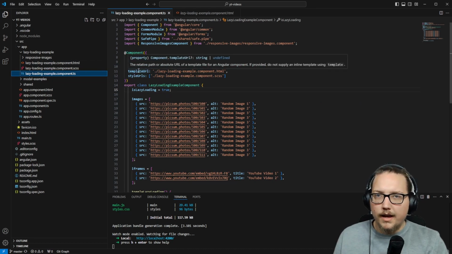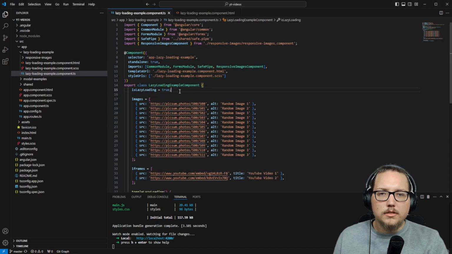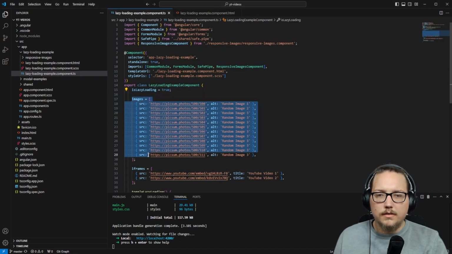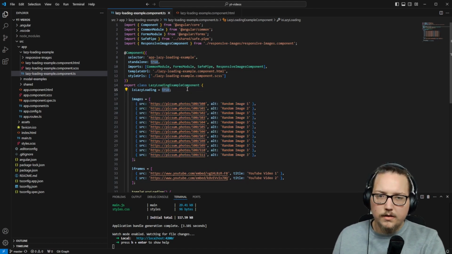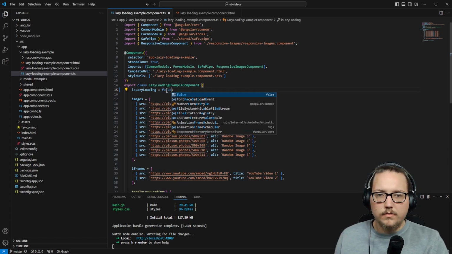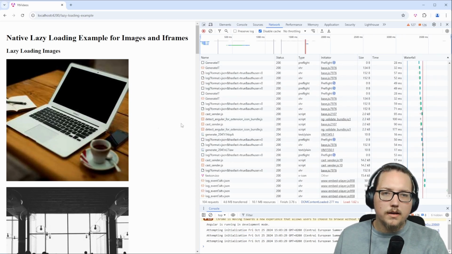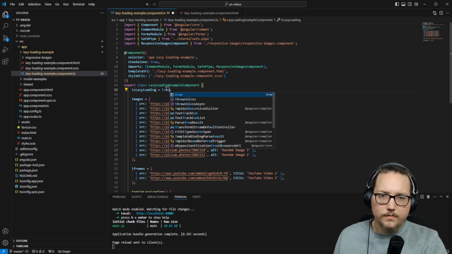What I have here is Angular. That means it makes some stuff much easier, like a repeating element. In this example, we have a for loop in HTML that repeats this image and goes through all of these images that are defined in this list here, and you can quickly see the difference in the amount of files if I disable lazy loading for a moment. You see it loads everything at once, independent of whether the user reaches the end or not. If I make this true, it's